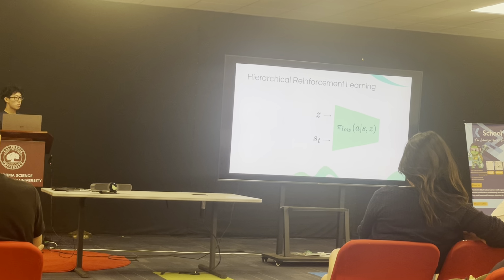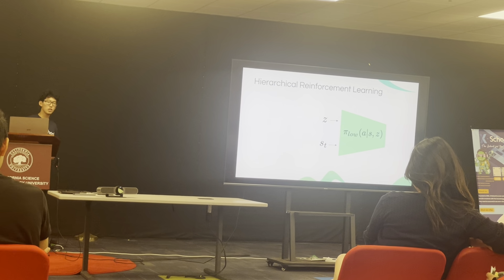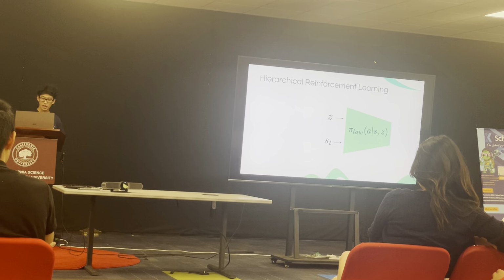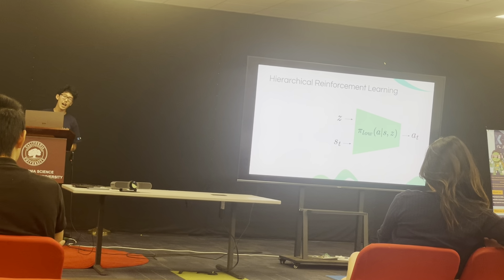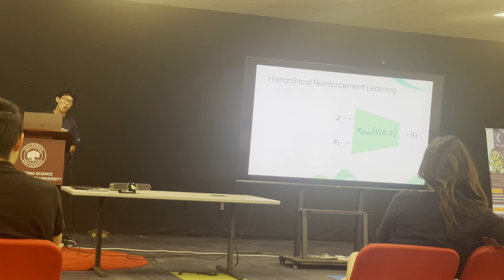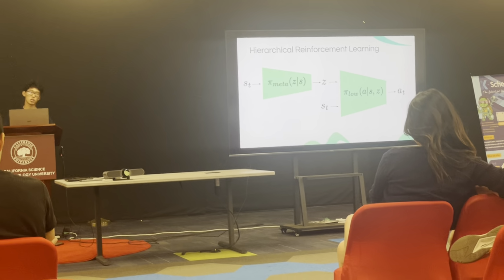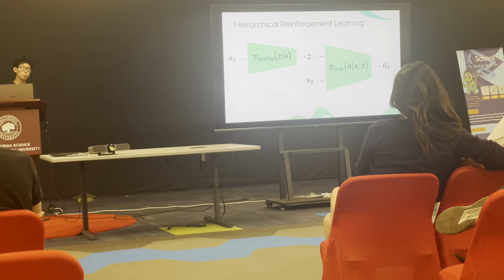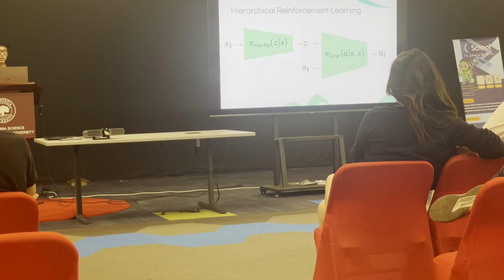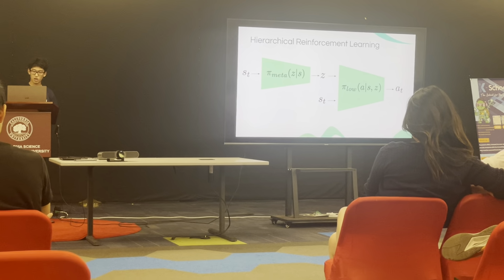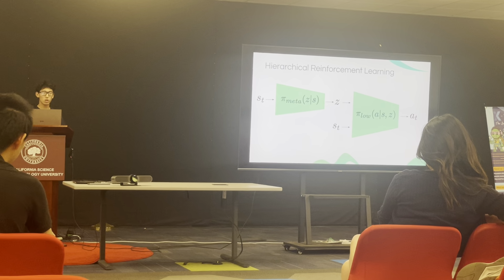What this low-level worker policy does, intuitively, is take this variable z and map it to a specific action. And we train this separately. Once we have this low-level worker policy, we train this separate meta-controller policy, which you can think of as a high-level planner. This meta-controller policy learns to select which z's are appropriate for the low-level policy to